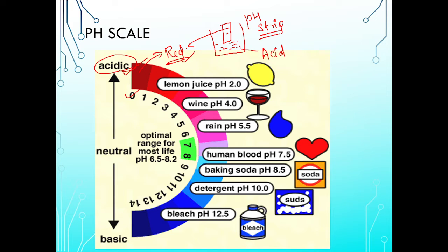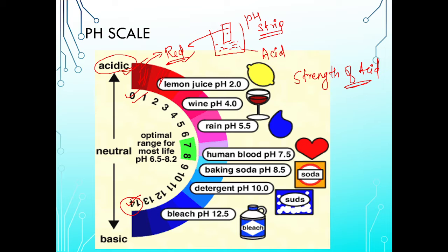So that particular solution is going to have a pH of 0, or 0.1, 0.2, somewhere around that. Here there will be shades of different colors, that is, shades of red. Then here also there will be shades of red, and so on. So you are going to get the strength of acids with the help of your pH scale and the universal indicator which is coated on the pH strip. This is how you'll come to know which substance is acidic and which is basic.